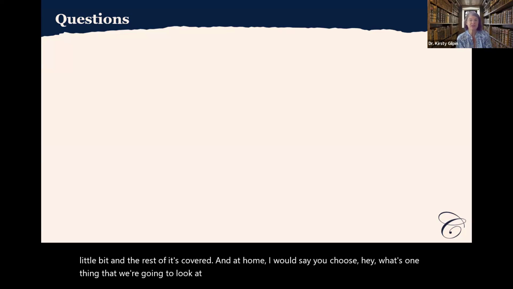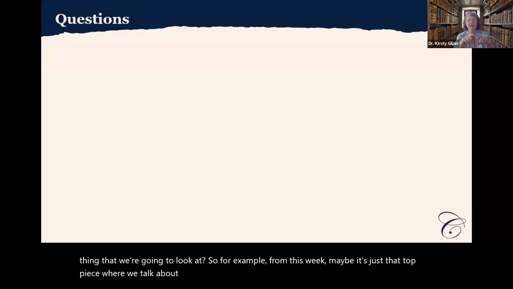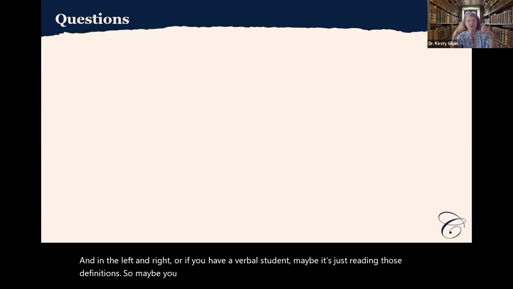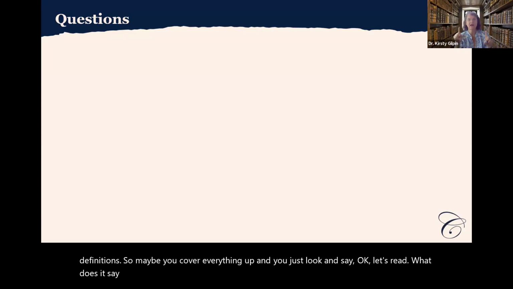So for example, from this week, maybe it's just that top piece where we talk about what addition is and the left and right. Or if you have a verbal student, maybe it's just reading those definitions. So maybe you cover everything up and you just look and say, okay, let's read, what does it say an addend is? So for you as a parent to choose